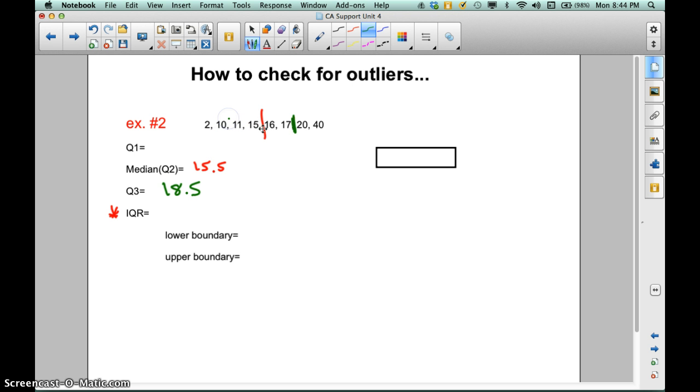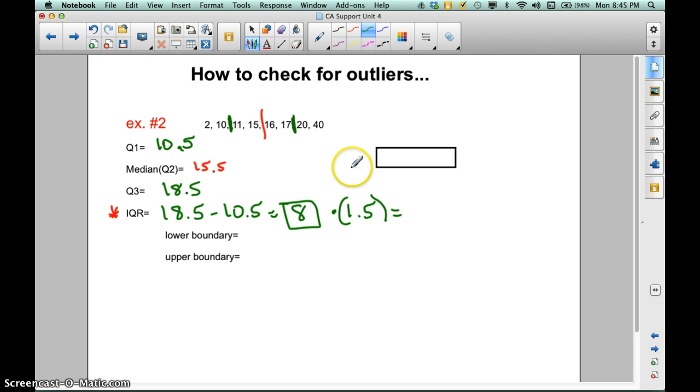We'll do the same thing on this end. There are 4 numbers to the left of the median. And so the middle is going to be between 10 and 11, which of course is 10.5. Okay, now we have quartile 3 and quartile 1. The interquartile range subtracts those two numbers, and we get 8 for our interquartile range. Remember that we're going to multiply that by 1.5. And that tells us how far to the left or how far to the right we can go from our